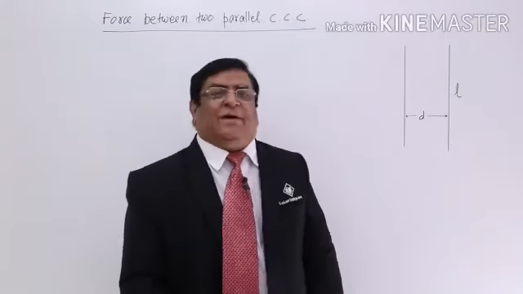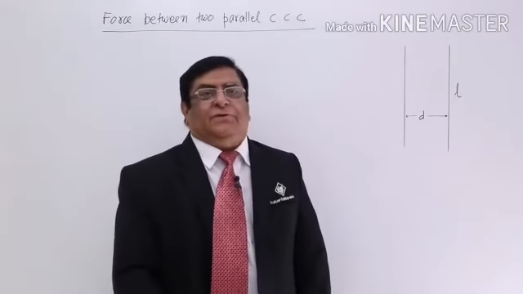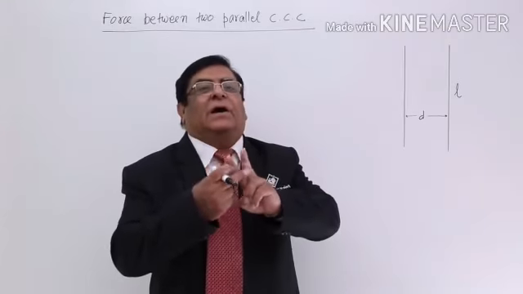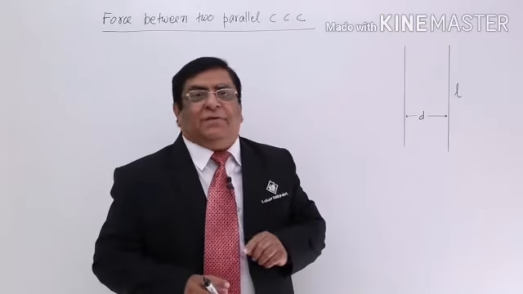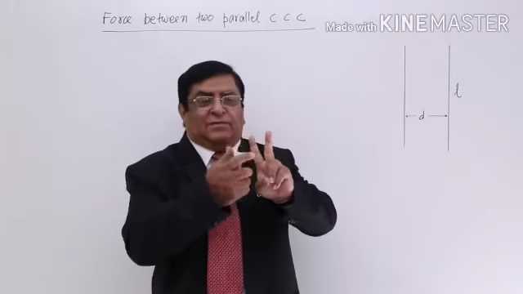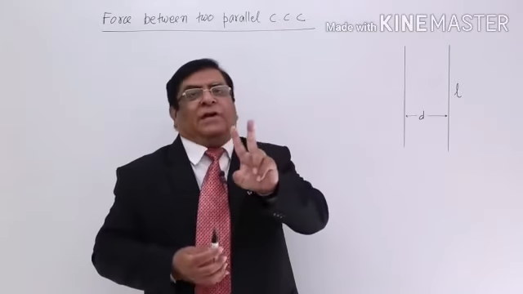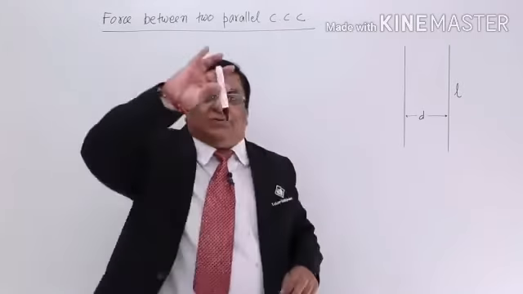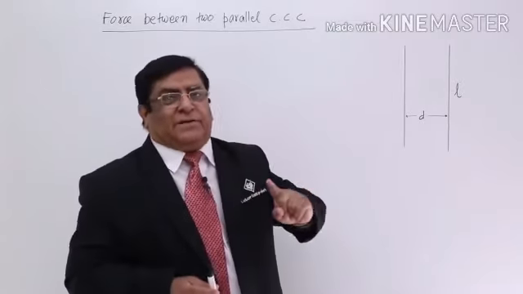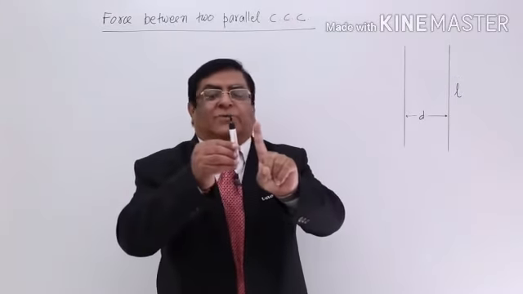Practically, we have many examples in which we use a lead containing two wires, and these two wires are carrying current. Maybe we make the arrangement in such a way that the current is parallel in the same direction, or it may be opposite, where one current is going down and the other current is going up. There may be both cases, but these two wires are parallel to each other.